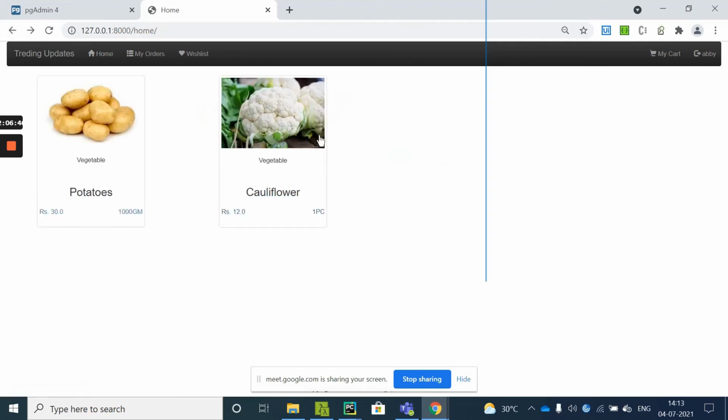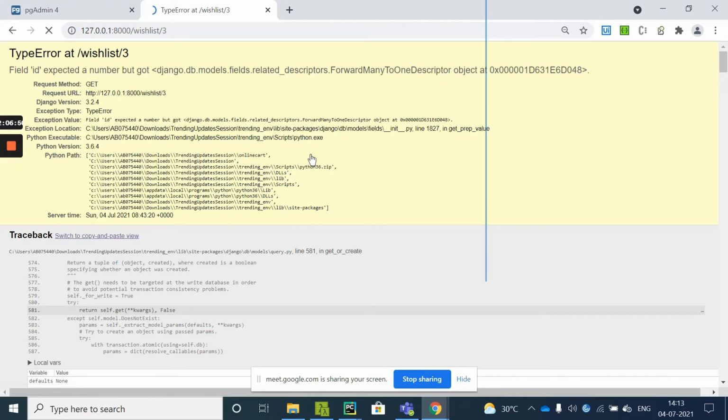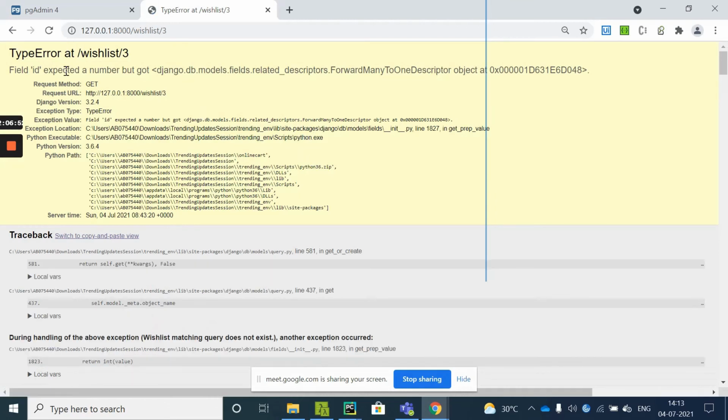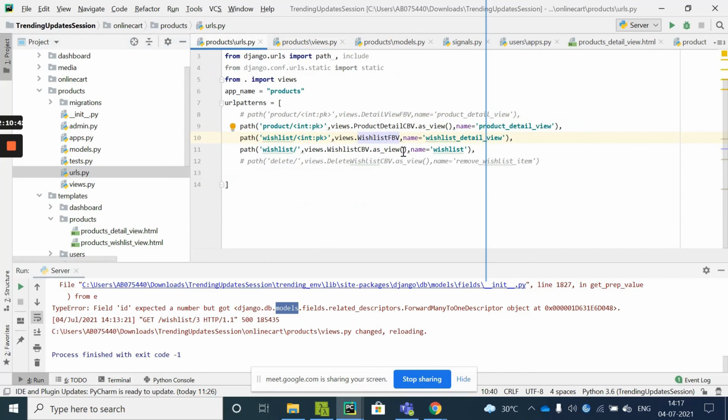Add it to wish list. Unexpected field id expected a number but got descriptor. Okay guys, I'll fix this problem in the next session.